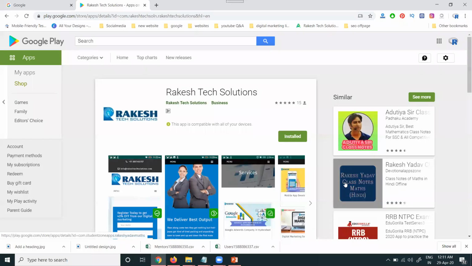So guys, I'm discussing one important topic: how we can promote a mobile application using search network ads. Everyone asks only about mobile app promotion, only for mobile network ads. There is mobile app promotion. So how can we promote mobile apps using the search network option?